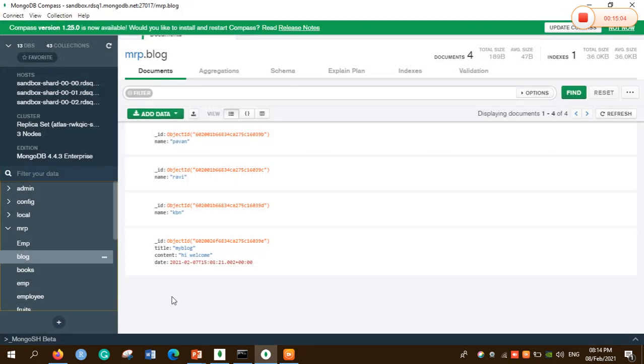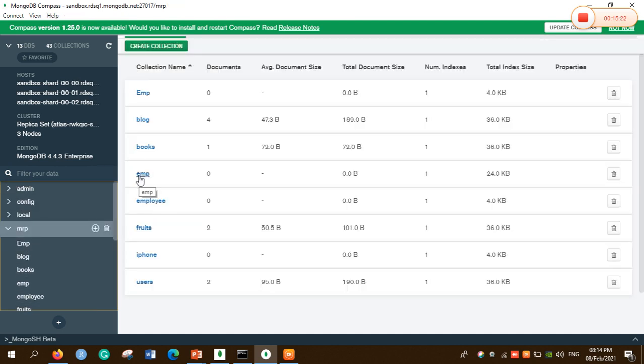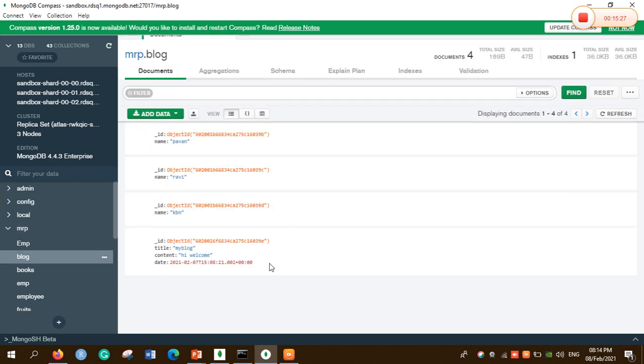So here, this is MongoDB Compass. I have already connected to the Atlas cluster. Once connected to the Atlas cluster, I open my MongoDB Compass using the connection string, which will display all my documents here. So here MRP is my database, which contains all these collections. I am going to select the blog collection. The blog collection contains these documents. So from this also we can handle the MongoDB operations. The third one is connecting to the Atlas cluster using the connection string. So these are the three ways we can perform the MongoDB operations.